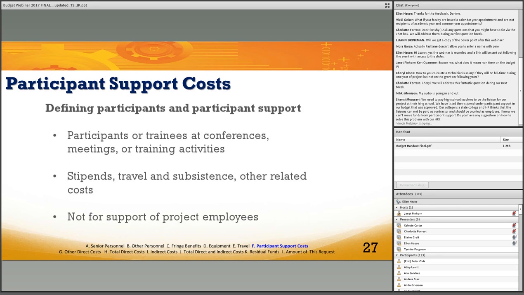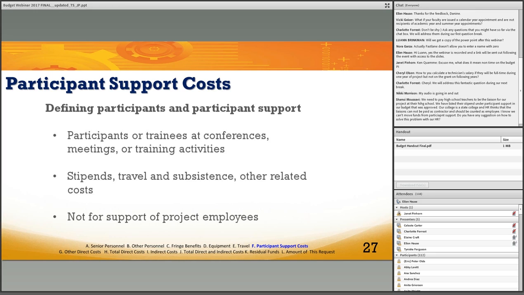So now we move into the category of participant support. If your college is planning to host or offer conferences, meetings, or training workshops, or other short-term instructional or informational sharing activities as part of your grant, the cost to support the participants or trainees of those events would be budgeted under this category. Participant support costs can be used for stipends, travel, and other related costs to support attendance